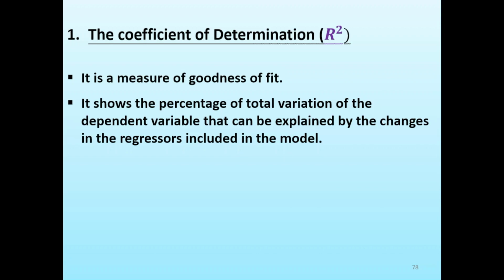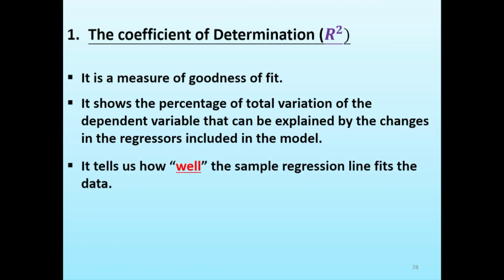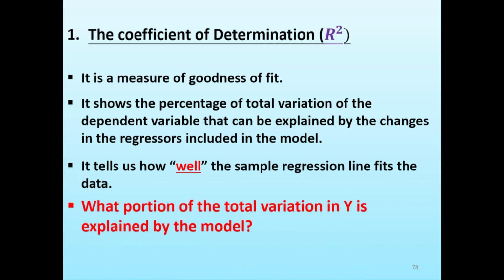that can be explained by the change in the regressor included in the model right የሚያሳየው ምንድነው ዲፔንደንት ቫሪያብላችን በምን ያህል ነው በኢንዲፔንደንት ቫሪያብል በሞዴላችን የገለጽናቸው ኢንዲፔንደንት ቫሪያብሎች ዲፔንደንት ቫሪያብሉ በምን ያህል just ይገልጹታል ኤክስፕሌን ያደርጉታል የሚለውን የሚያሳየን ነው ማለት ነው r square right so it tells how well the sample regression line fits the data right regression lineአችን በምን